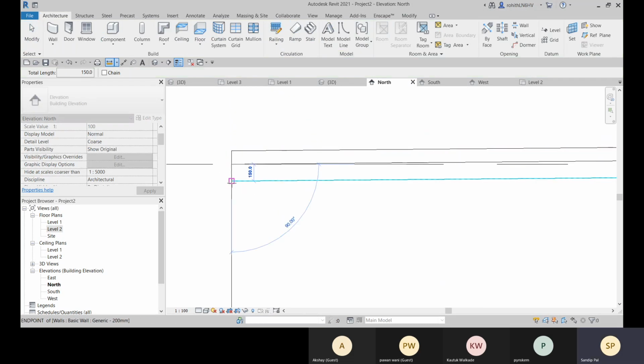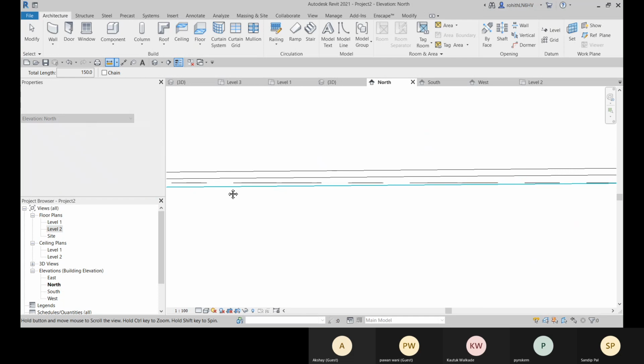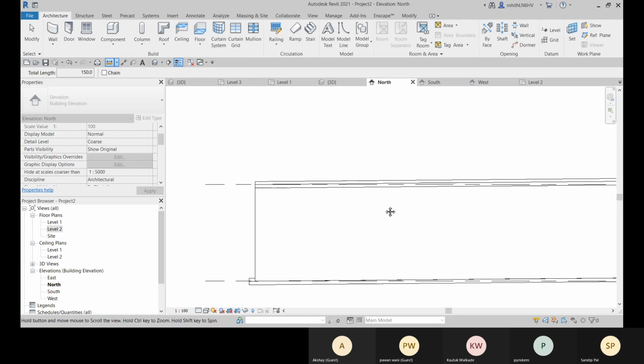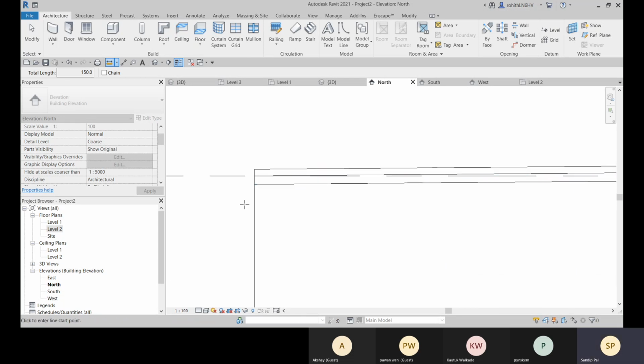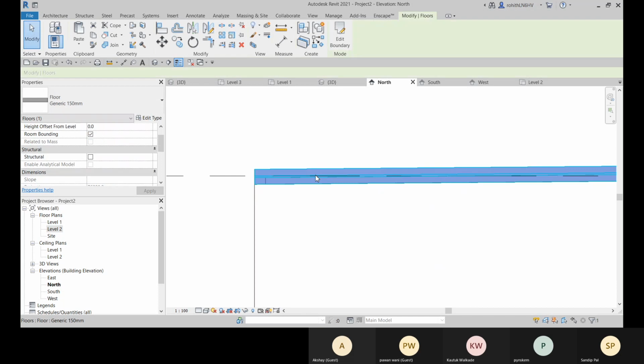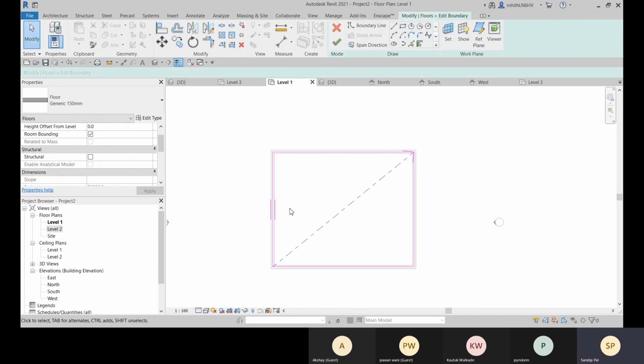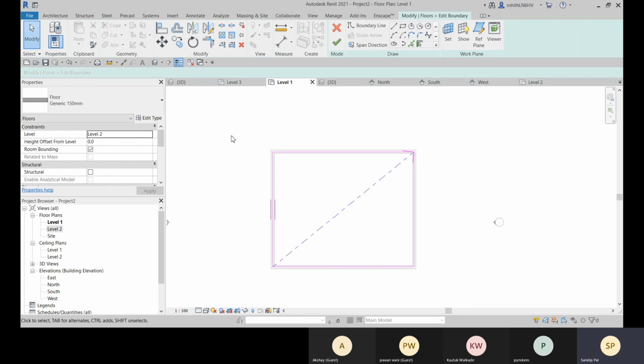Okay, so there's 150 here, and okay, so this is from here to here. We're getting that. Now let me apply this height offset at tail.